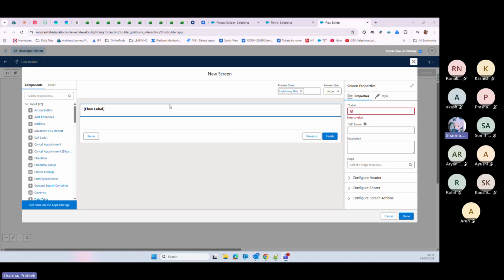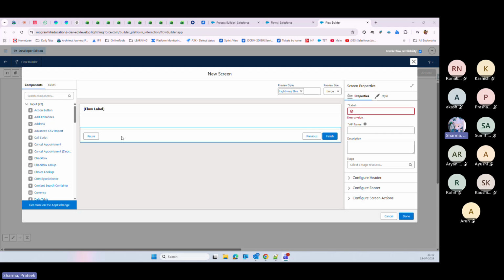Okay. So what you can do is you can give the name. We'll give that later on. So now you need to use an input field, just to get the information. So you can see here we have 72 types of inputs, but if you just need to get account field information, you will use a text type. So just type text here,